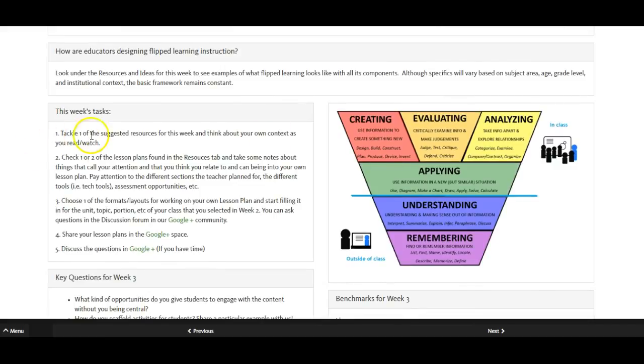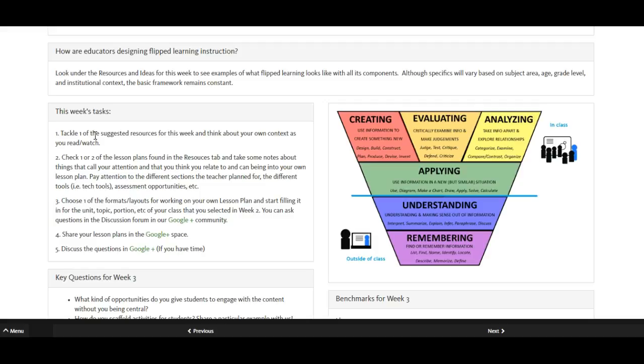First of all, you're going to tackle one or two of the suggested resources for this week and think about your own context as you read and watch. We also want you to check one or two of the lesson plans found in the resources tab and take some notes about things that call your attention, that you relate to and that can be put into your own lesson plan.